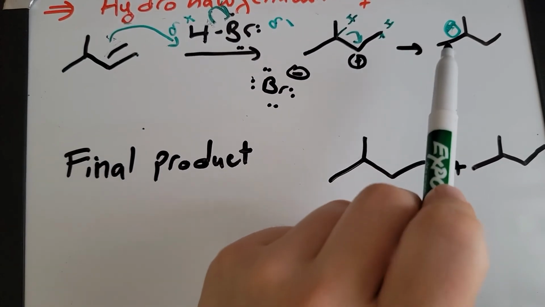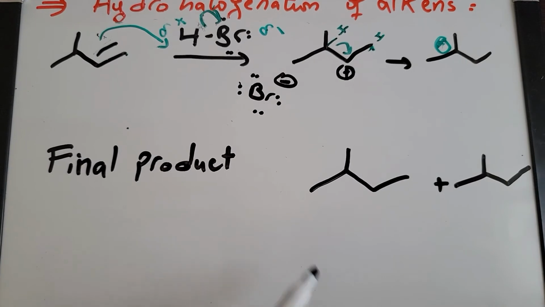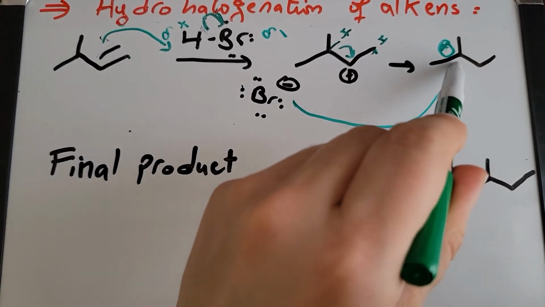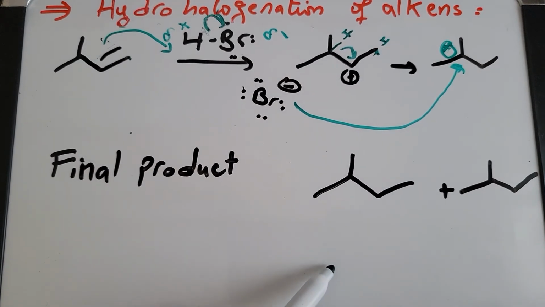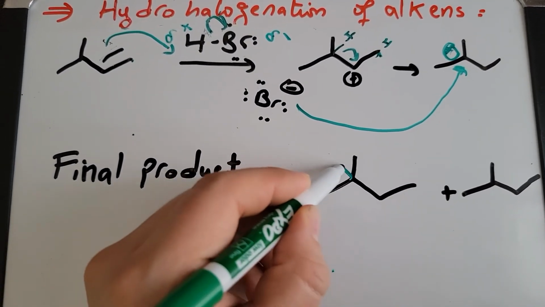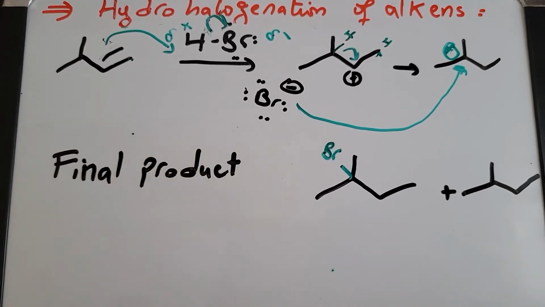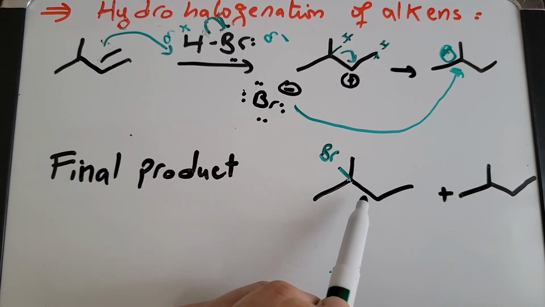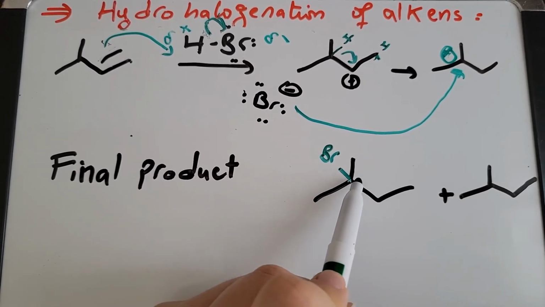So here we have a tertiary carbocation. And then what will happen is that the bromine atom, which is the nucleophile, will attack the tertiary carbocation and will be bonded to it. So we'll have a bromine atom here. But since this carbon is a chiral carbon, since it's bonded to